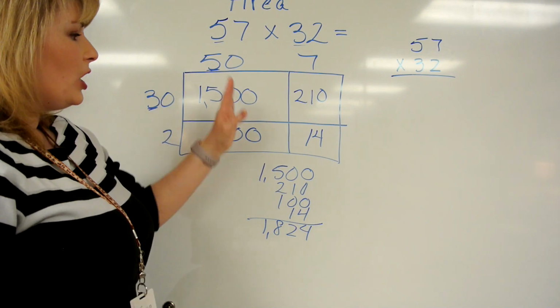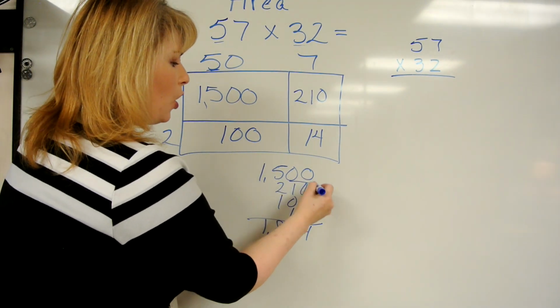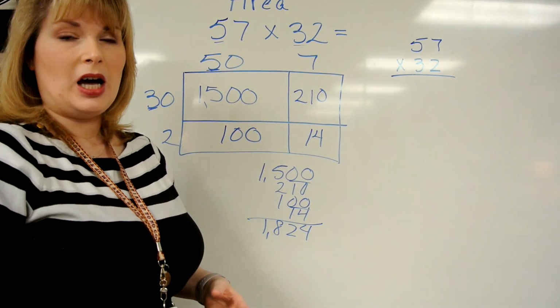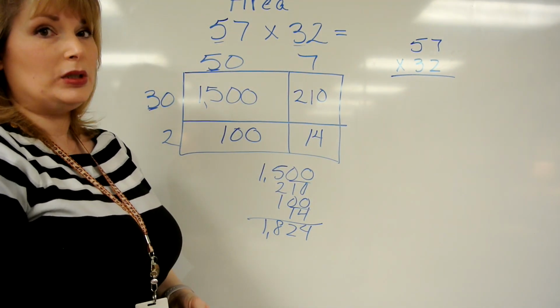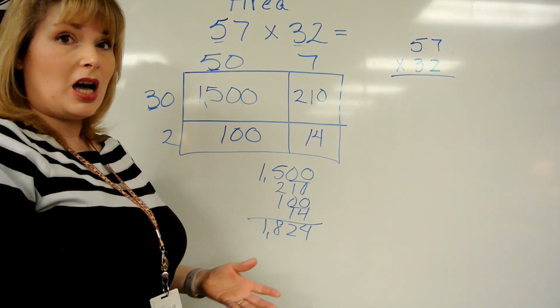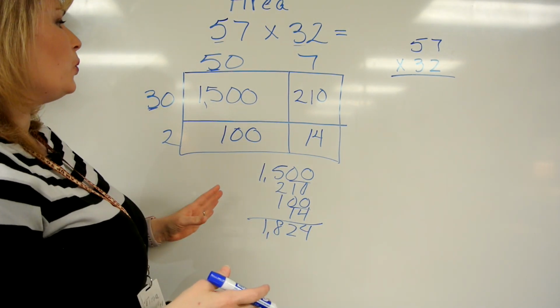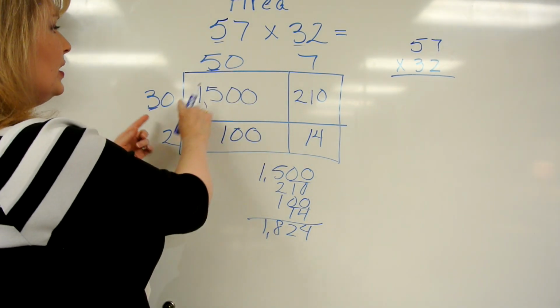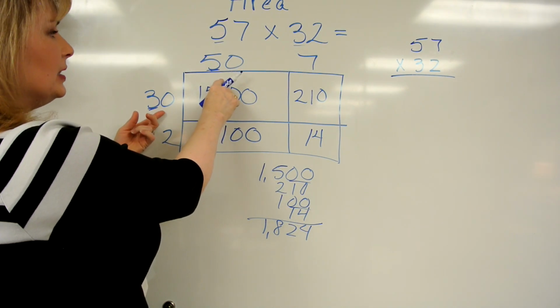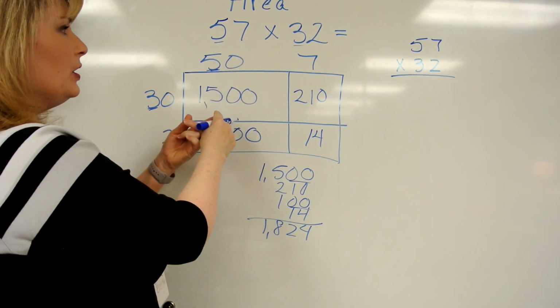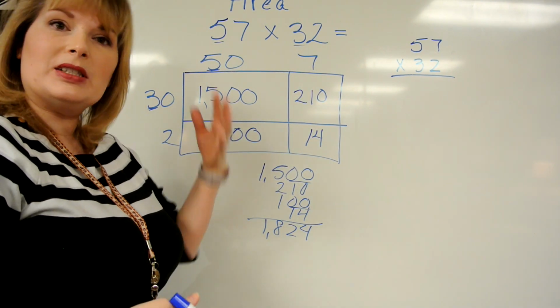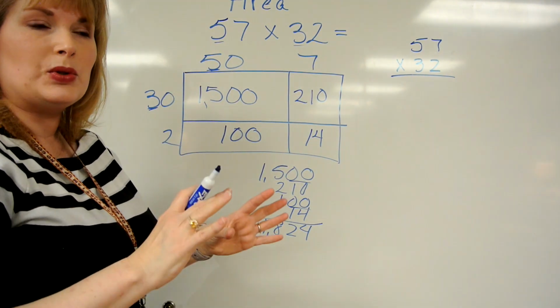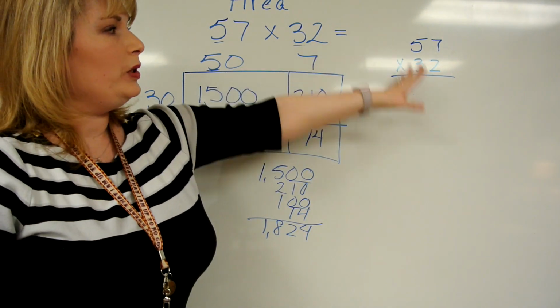Now the children are able to see where all these zeros come in. With a problem like this, you don't have to explain a place holding 0. It doesn't even come up because you understand right away that this is tens being multiplied together. These are ones being multiplied. The problem solves itself and gets rid of a lot of those simple mistakes we used to make with these